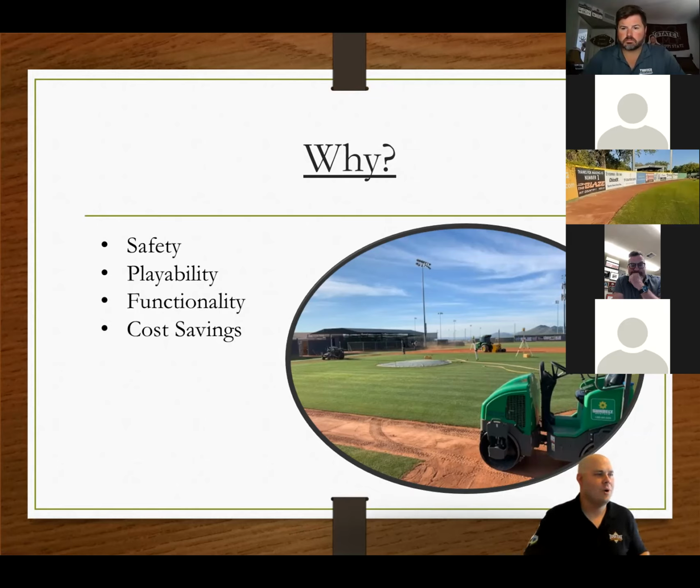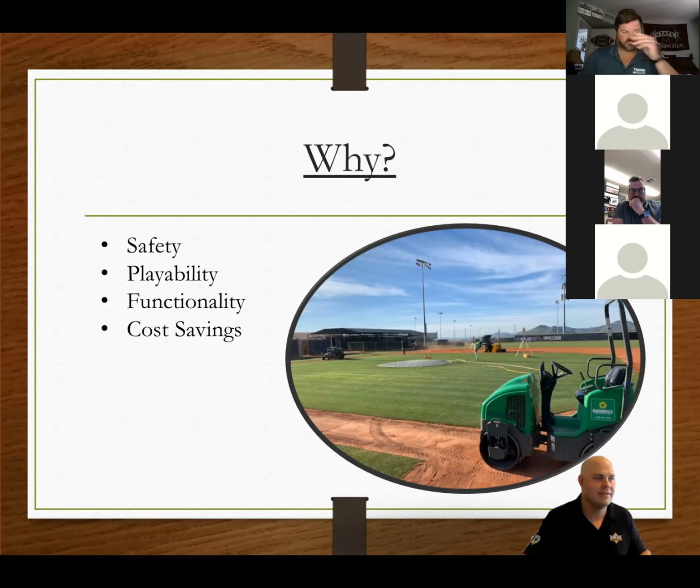Well, we'll continue moving. So why is this important? Obviously, safety, playability, functionality, cost savings. Those are all really important when trying to justify why we spend money